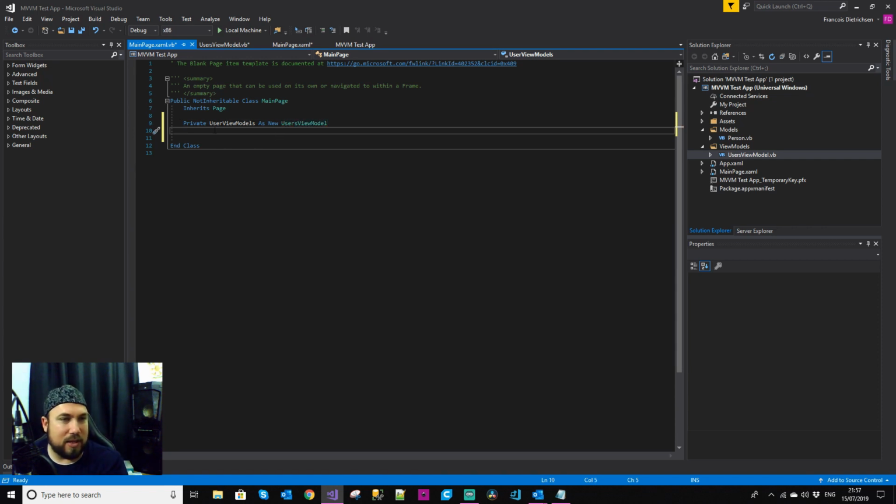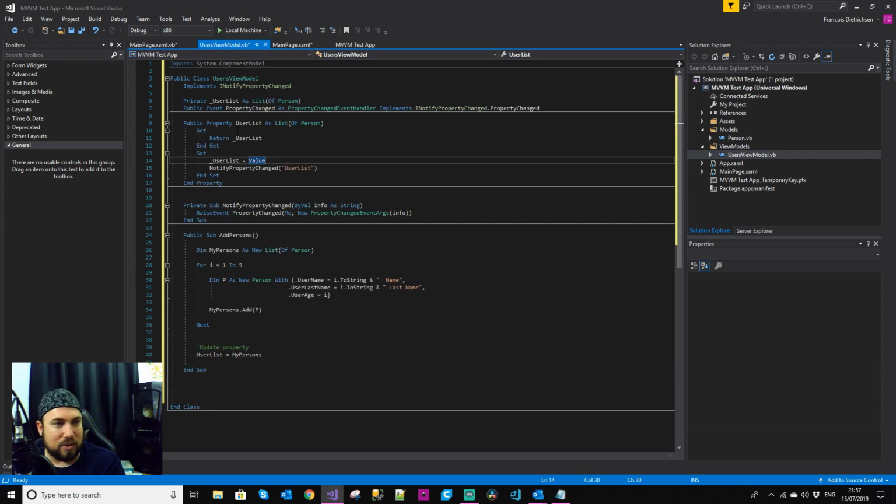Okay, so in this case, what it's done, it has now initialized our view model. We've now imported it. We have actually got a reference to that instance,